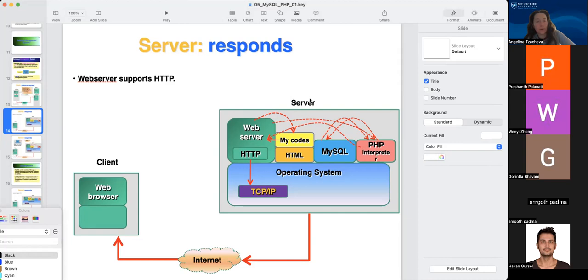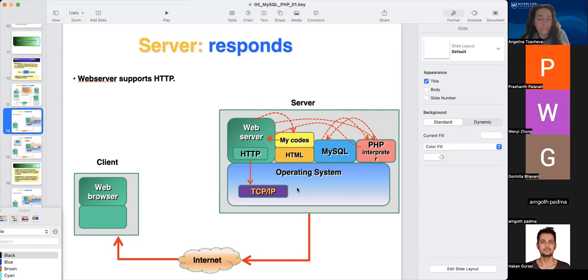So what is a server? A server is a machine that serves requests. It can be a web server, a database server, an email server. If it is a web server, it will host web pages, such as hello.html. But it all runs on top of an operating system. The operating system is a platform for the server. It could have a regular operating system, such as Windows or Mac, but